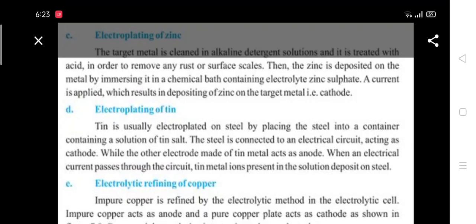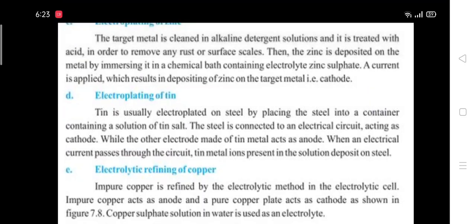When we supply electricity through a battery, electrolysis takes place, and the zinc electrode dissolves in the electrolytic solution of zinc sulfate, providing zinc cations, and the electrons will move through the external circuit towards the cathode, and zinc cations migrate towards the cathode, where they will again accept electrons and reduction takes place, and they will deposit on the target material at the cathode.